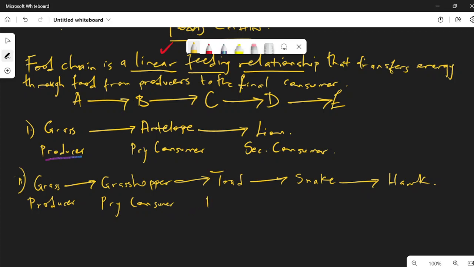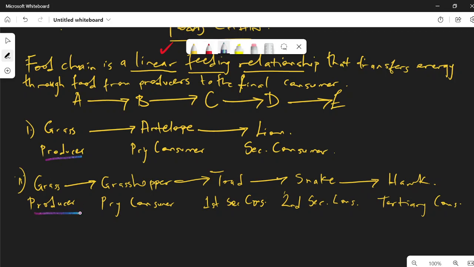Here we have our first secondary consumer, and here we have secondary consumer, and then we have our tertiary consumer. So as you can see now, we have grass here serving as our producer again, like we have in